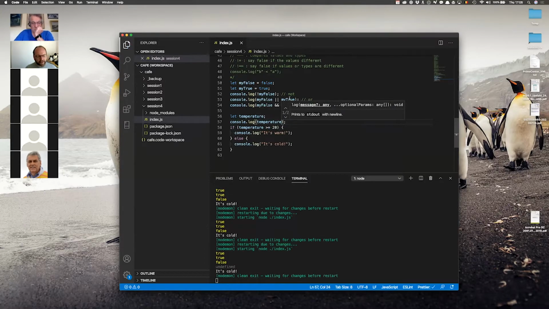I write out what I have in there, it is undefined. And then I say, is that bigger than 20? And it's going to tell me it's cold,